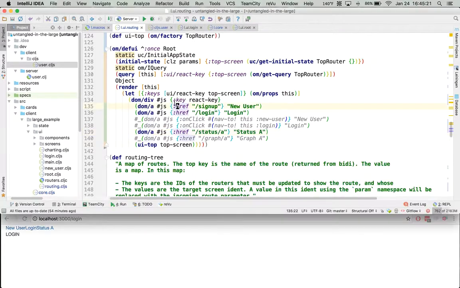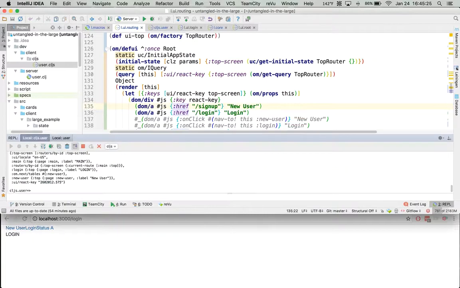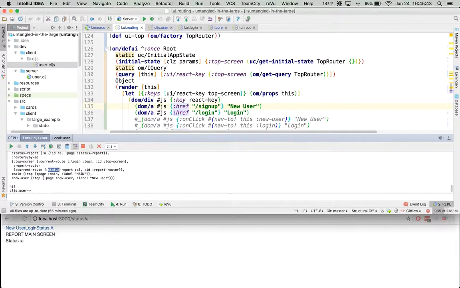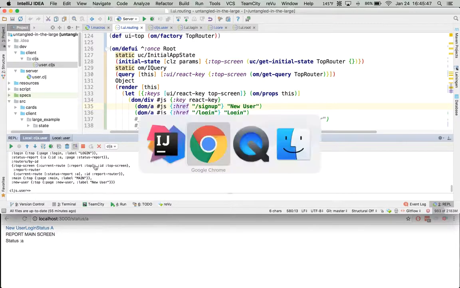Okay, so let's talk about the routing. So again, I'm going to show you the app state. And so you can see I've got 2 routers by ID. I've got the top screen router, which has a current route of login top, and the report router, which has a current route of status report A. If I move to the status A link, you'll see that my app state changes so that the top route is report top. We can go look at that